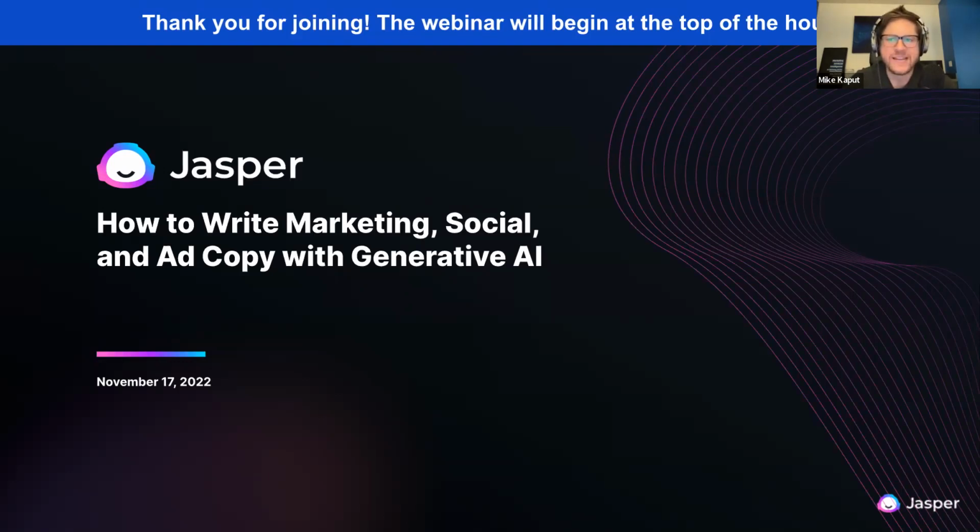Before we get started, I want to make a quick note about the webinar format. This webinar is supposed to show you AI in action. It's all about seeing an educational demo of AI-powered technology and learning by seeing exactly how it can benefit you. And you're going to see as part of the webinar an in-depth demo of what Jasper can do. So keep that in mind as we go. We're not just going to be talking about generative AI like Jasper. We're actually going to be seeing it in action.